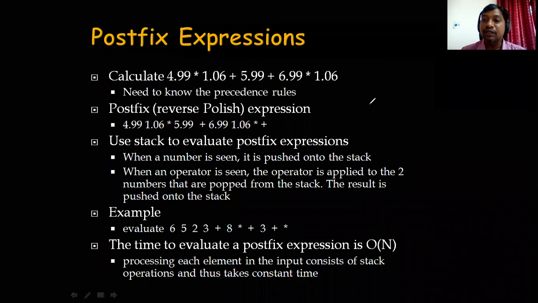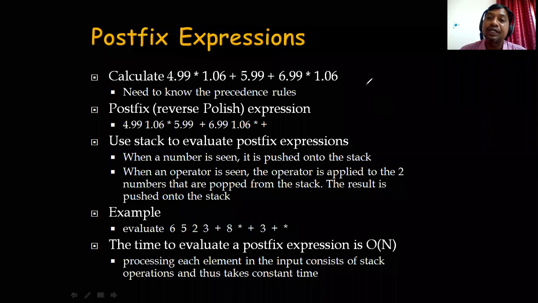We are pending with the stack implementation. We have seen the array implementation of stacks, and there is another way of implementing stacks, that is by using a linked list. I'm postponing that since we have not discussed linked lists so far. After completion of linked lists, we'll come back to the implementation of stacks and then see the programs. In the next lecture, we are going to see the next data structure, that is queues.